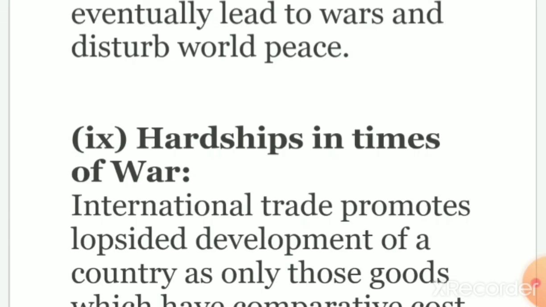So we should think about it when having international trade, but at least the essential goods should be produced in the domestic market, the domestic economy. Domestic industry must prevail and be protected from the rest of the world to produce essential and merit goods. So all these are the negative points I have discussed.